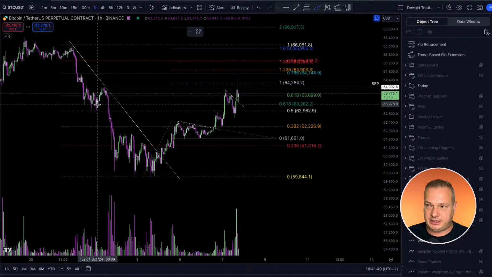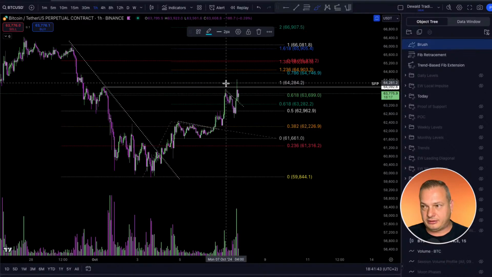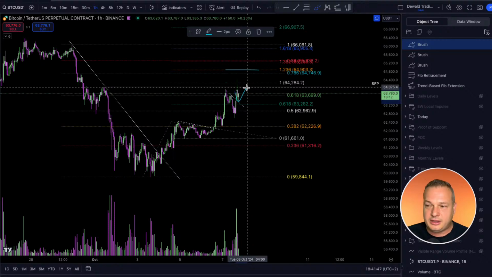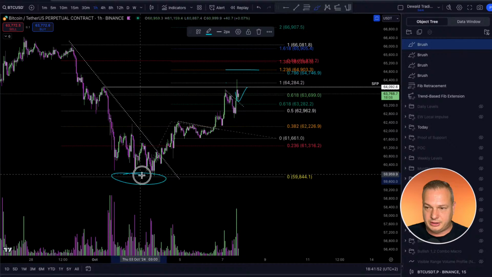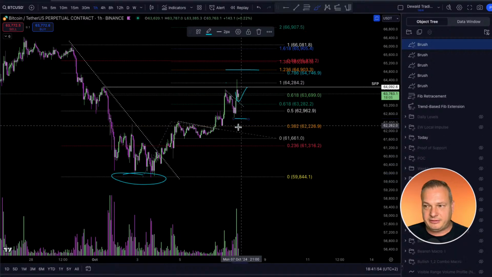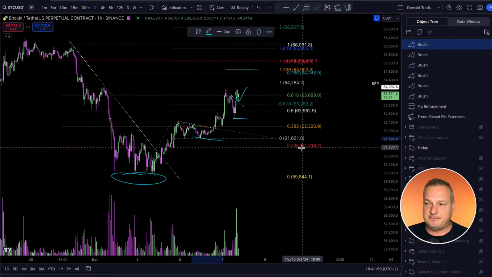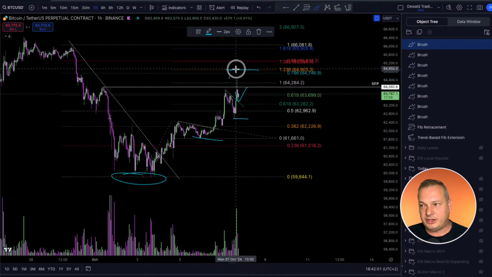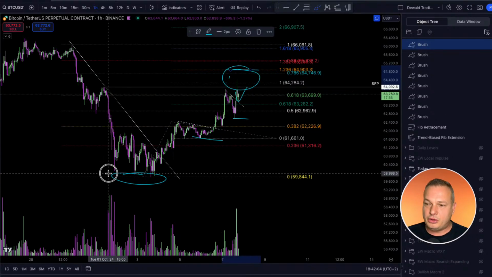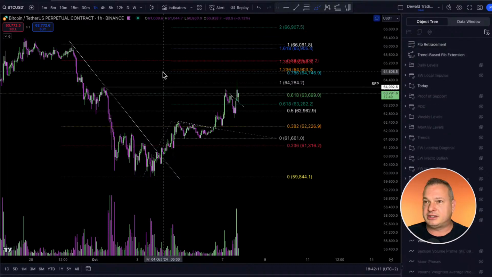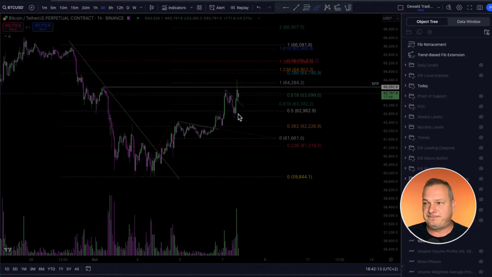If we successfully fall down from either this level or where we are right now, we backtest the level, I do think that there is a chance to come and claim the lows, right? You need to pay yourself on the way down, because you never know if it's going to reverse on you. But I do think that if we have a successful rejection in this area, you're most likely going to come and claim the lows over here. And that would still be bullish. I just want to make it clear, that would still be bullish, because when I look at the structure on the 4-hour time frame,